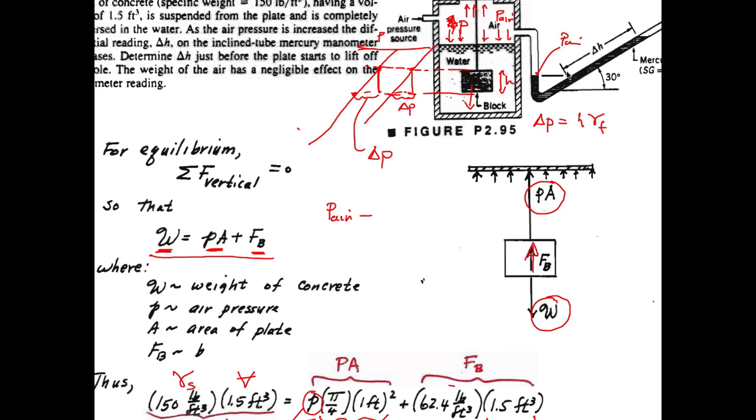minus, if we write this here, they've used delta H for something else, so we'll use this as delta L. So pressure air minus the change in length multiplied by the unit weight of mercury has to equal the pressure of the atmosphere. We're going to take this pressure as 0, and so we know this magnitude, we know the unit weight of mercury, so we can calculate delta L, and just from trig we know that